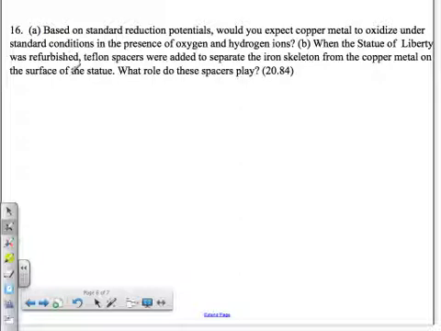Would you expect copper metal to oxidize? So if I looked at the standard reduction potentials, and I looked at the oxidation of copper to copper plus 2. Now you're asking, how do you know which one it is? Well, I'm telling you that the plus 2 charge for copper is more common than the plus 1. Anyway, as an oxidation, I've changed the sign of what's on the table, negative